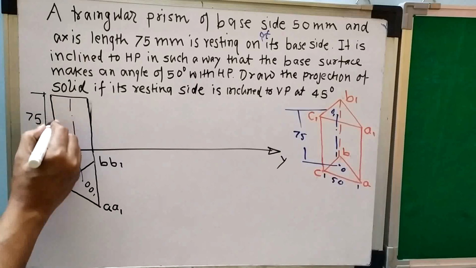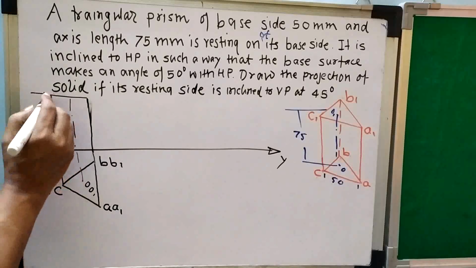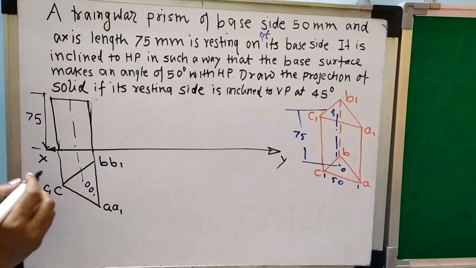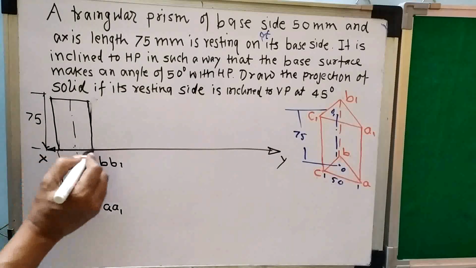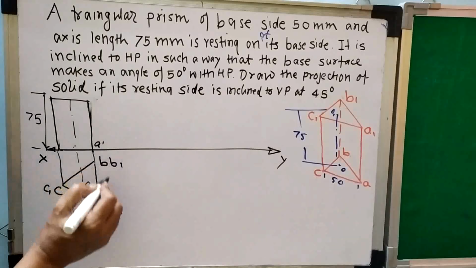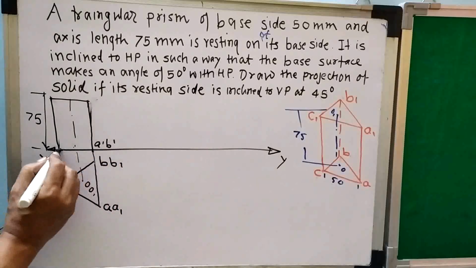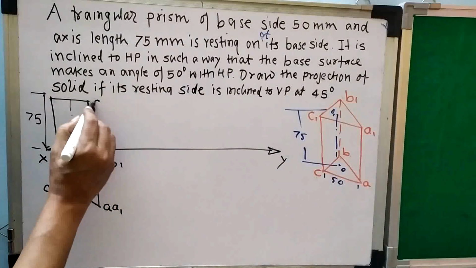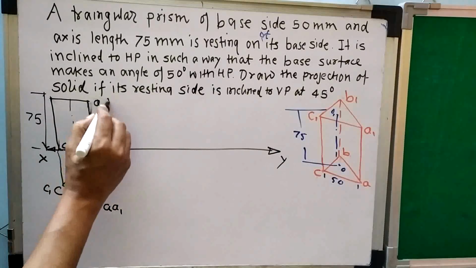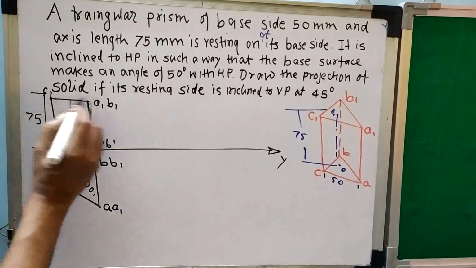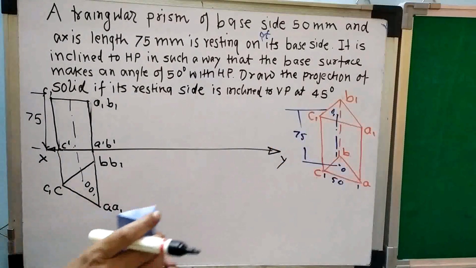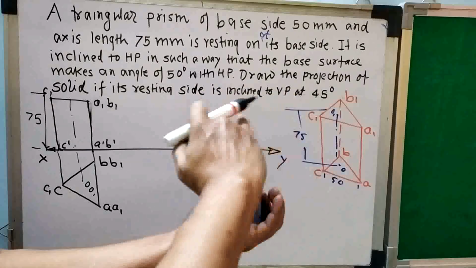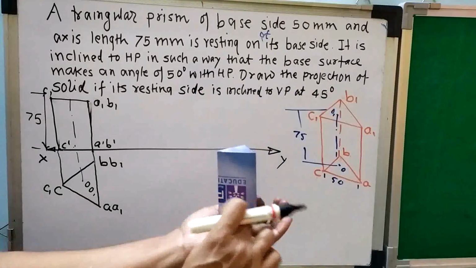So this will be the front view. So this is the bottom face, A dash, B dash, C dash, and this is the top face. A1, B1 and C1. When you see from here, this is A1, B1, C1, it looks like a flat surface, and this is A dash, B dash, C dash.